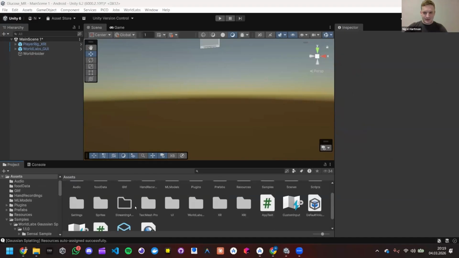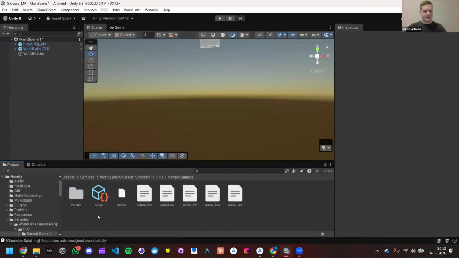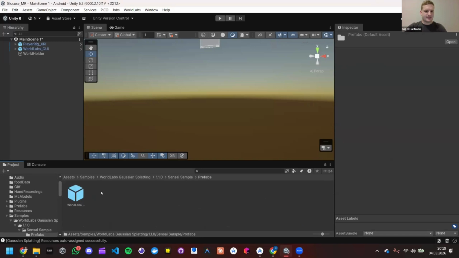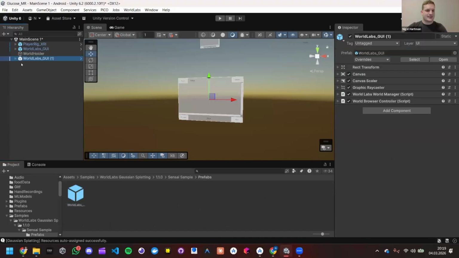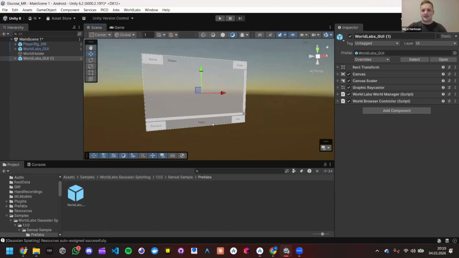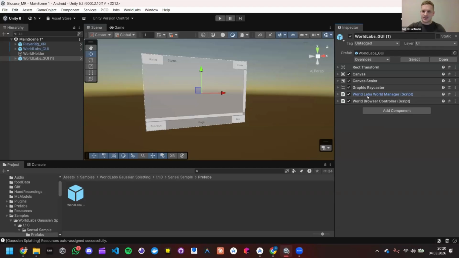go to the samples we imported here. It's the WorldLabs samples, it's the SensAI sample. And you see here's already a sample world, a Gaussian splat asset. And you see there are a lot of prefabs, or actually just one prefab. And you can just drop this asset into the environment. And yeah, you will have a graphical canvas with some basic settings for creating new worlds or scrolling through pages of worlds. And the only thing which is important here is the two components, WorldLabs World Manager and